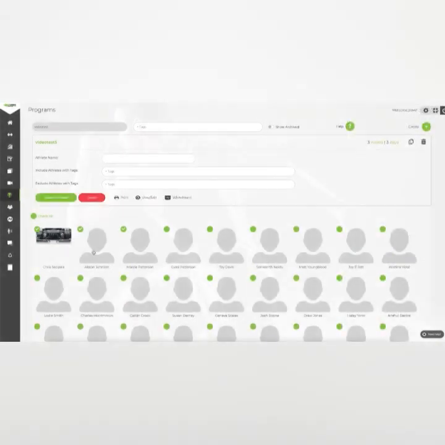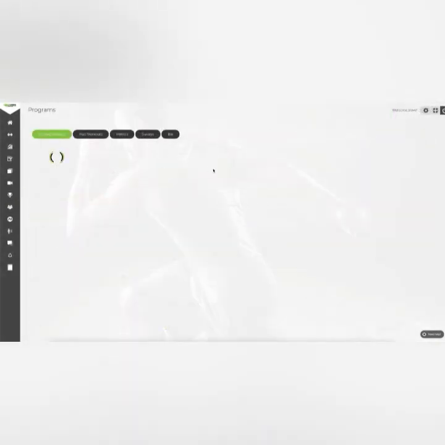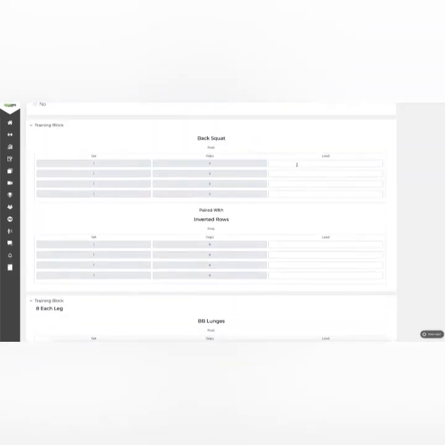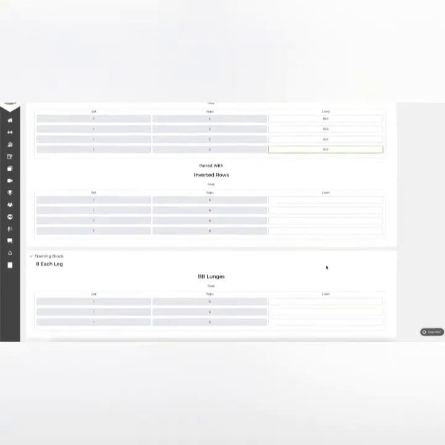We're going to assign it here. And when the athlete logs in, they see exactly what you made. They see the workout notes, they see the survey, they see the training program that we made. And because we use no percentages, this isn't calculating a load, but if we use percentages, it would. The athlete can type in the weights that they did for this exercise,